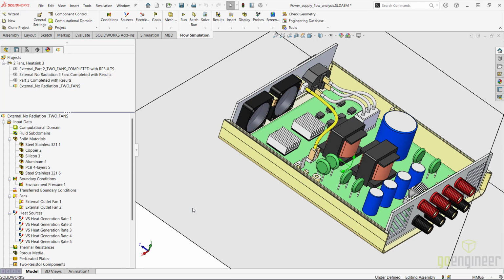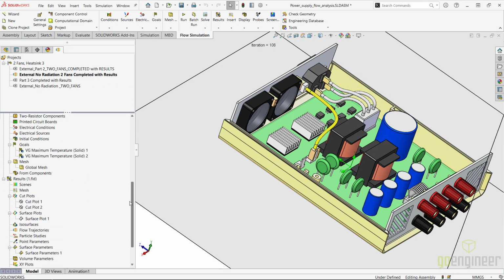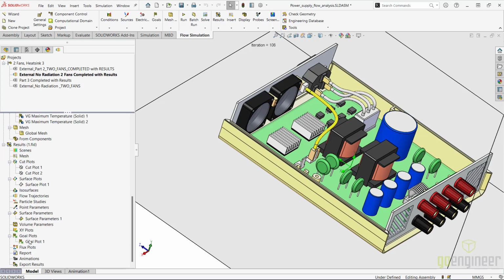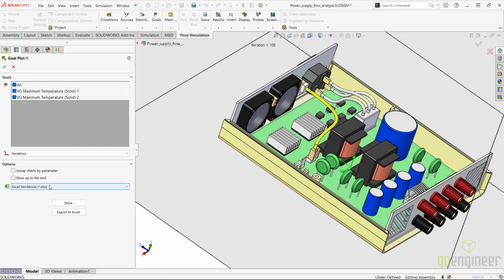And so I have already pre-run these projects for us. So let's now take a look at that no radiation project, and let's edit the goal plot and compare our results. So again, we were at 90 and about 95, 96 before. So let's go to our goal plot here and take a look to see if radiation truly matters for our